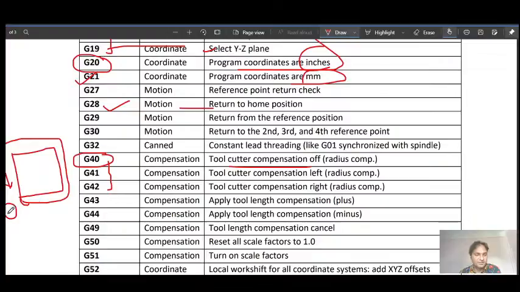So what we do is program our machining taking the central axis of the tool.